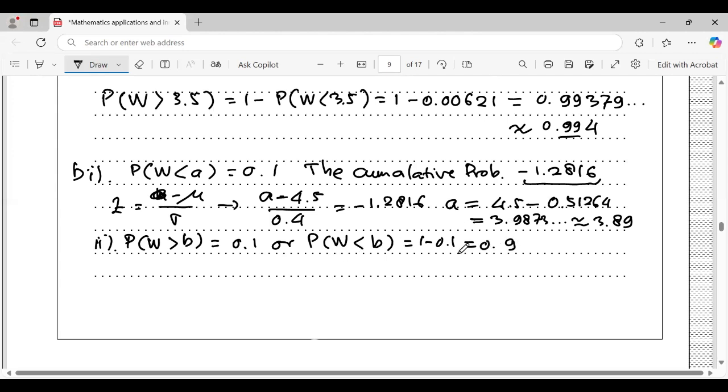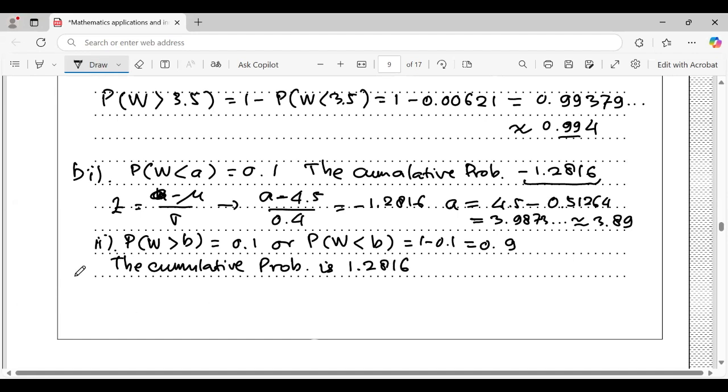And the cumulative probability of 0.9 is positive